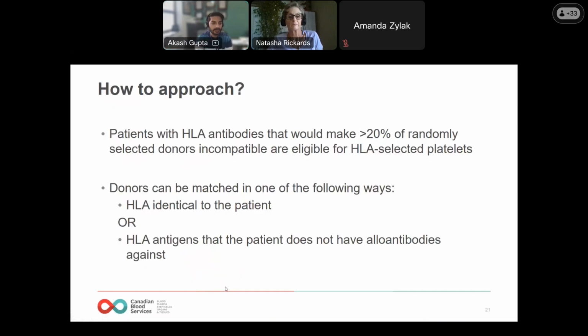So how do we find platelets for this patient? For the program, we use a general cutoff of 20% for CPRA to be eligible. So if 1 in 5 are probably incompatible, that's the threshold we use to say that you can go through this program. And as you can imagine, as we describe it, there's a lot of work that goes into finding